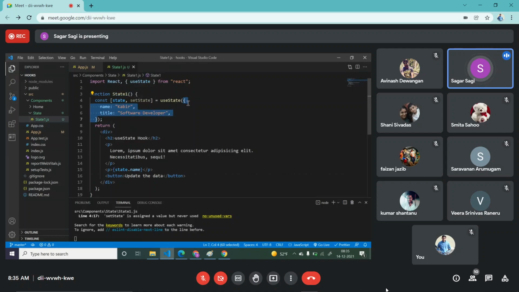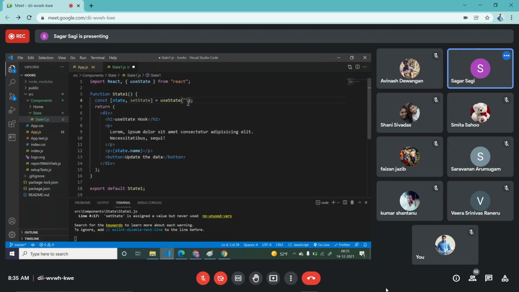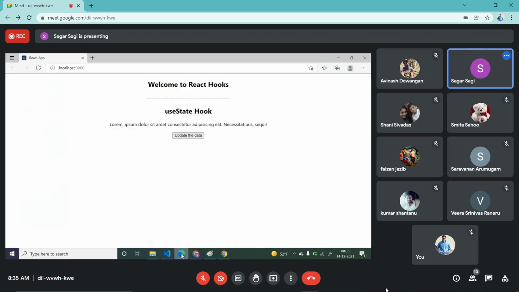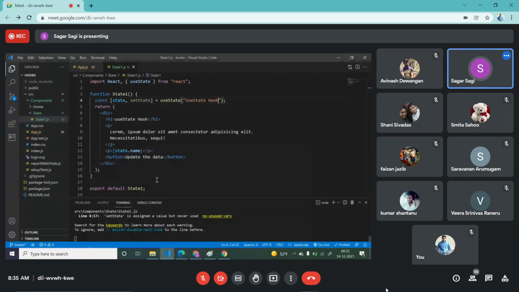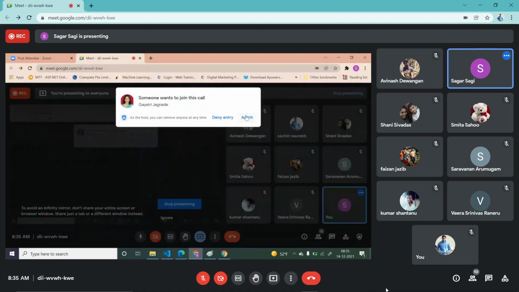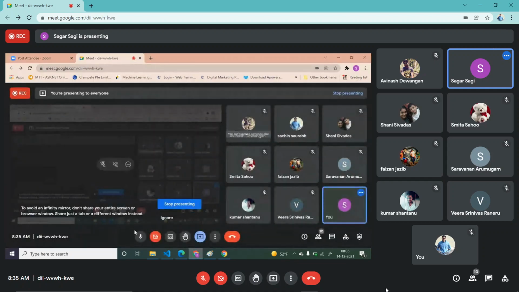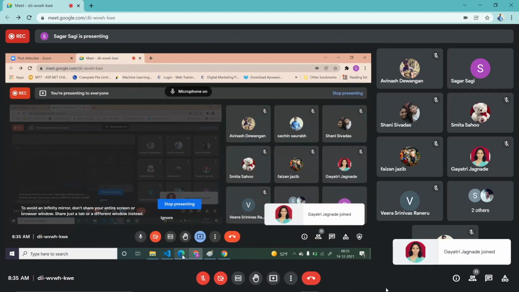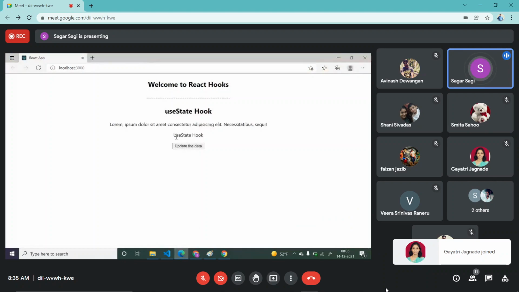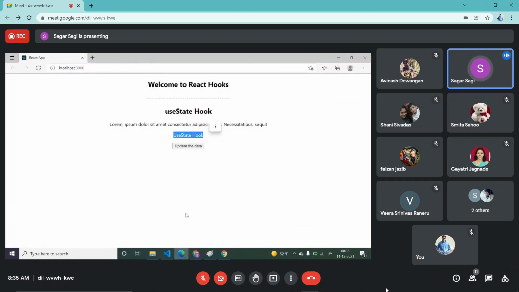If you pass a string here, then it becomes a string. Now here, no need for name. So like this you can pass the data.